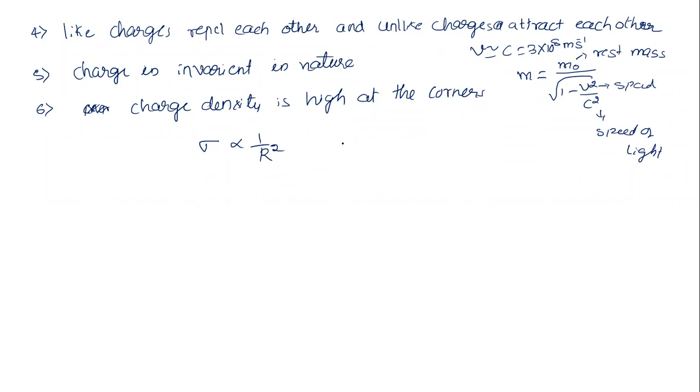Means if you take one surface like this, and one more surface like this, let me take sigma 1 for the first and sigma 2 for the second. So sigma 2 is always greater than sigma 1. Look now, this radius is small, and that radius is more. If I complete the circle, it will become a bigger radius compared to this. As the radius becomes less, it becomes a sharp edge. There, the charge is going to stay more. So these are a few additional properties compared with the previous three.